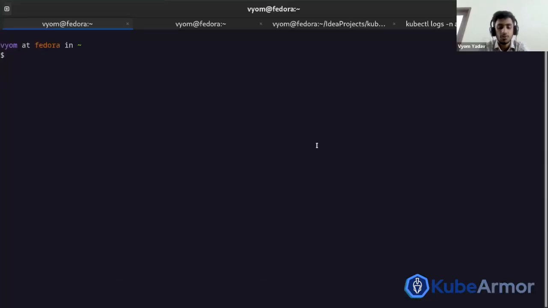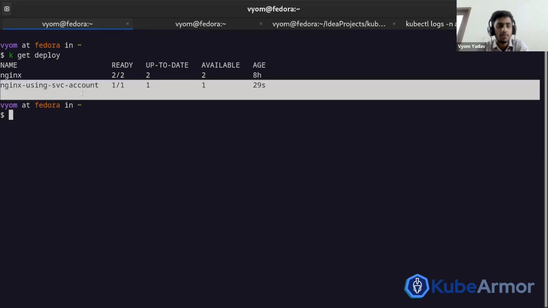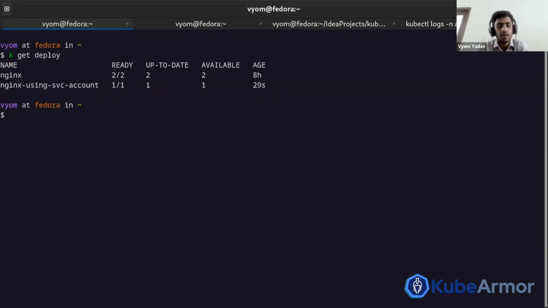Hi everyone. So to demonstrate the working of Kyverno policy generation dynamically, right now we have two deployments, Nginx and Nginx using service account token. This one won't use a service account token, while this one will. How this deployment would use the service account token is that we'll exec into the pod and we'll just cat